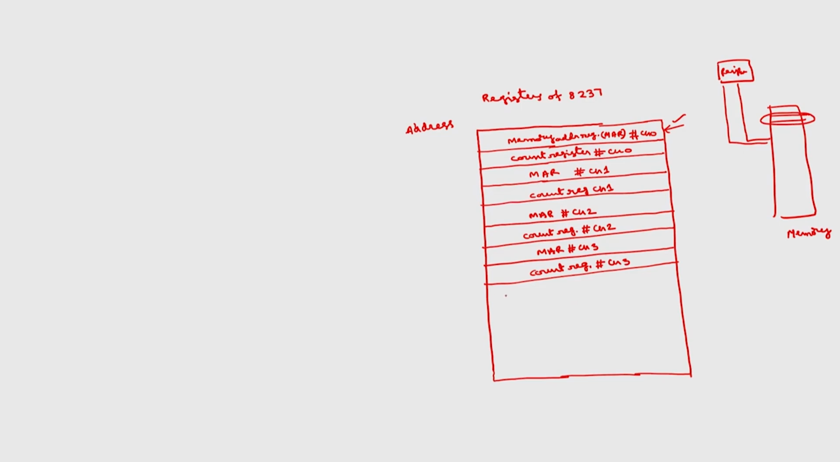Okay. So, the remaining 8 locations of this 8 registers of 8237 are, this is read write signal, status / command signal, command register, then you have write request register, write single mask register, write single mask register, write mode register,